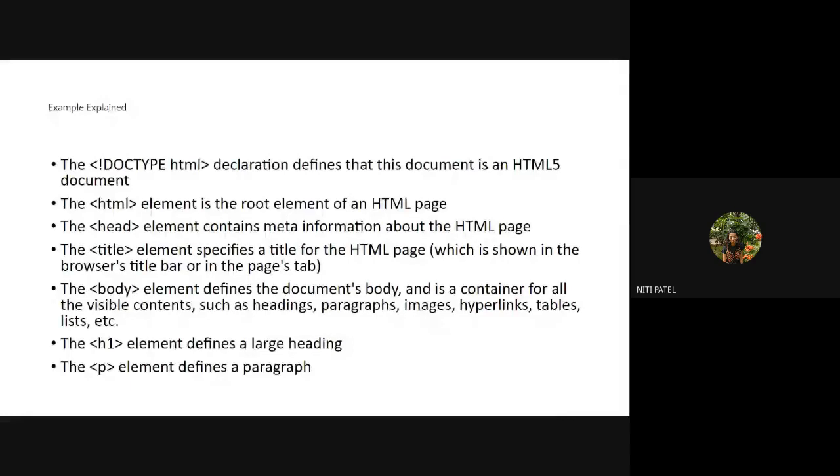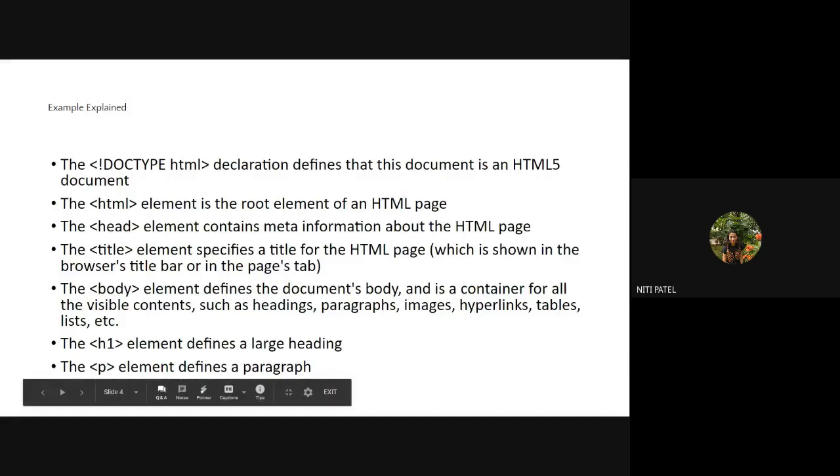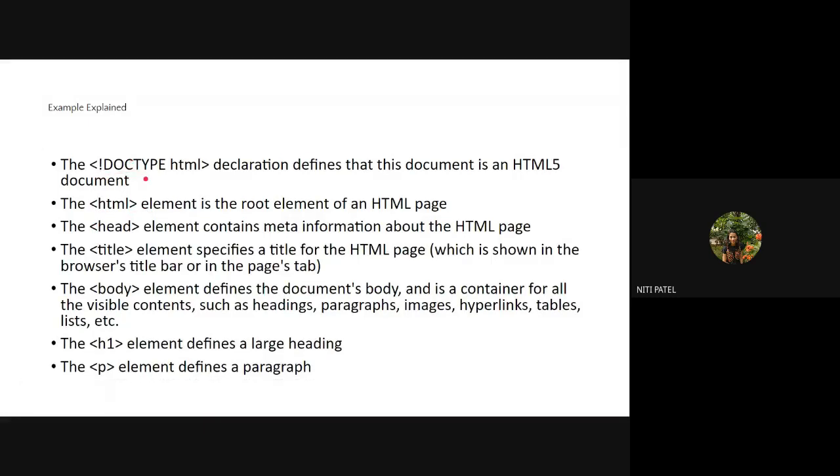So similarly, when we write in the HTML coding language, if there is no HTML tag, your web page will never run, because it will not understand what type of programming language is being used. Okay. So this HTML element or HTML tag has to be written every time after this doctype. Why? Because it is considered to be the root of the entire HTML page. So if you are not mentioning this doctype, your first line will be the HTML tag. But if you are mentioning this doctype, your second line always has to be the HTML tag.